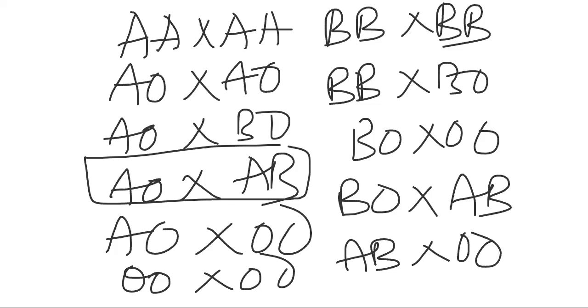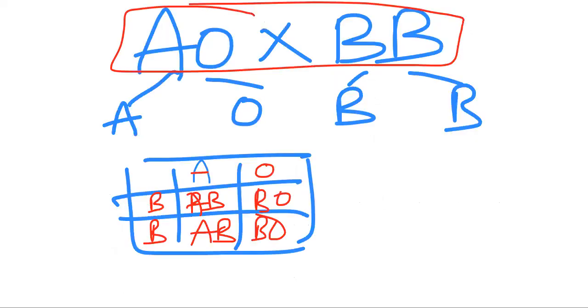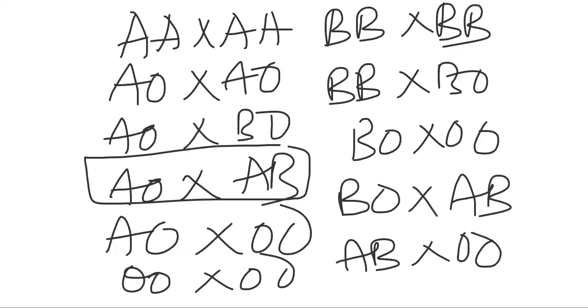You may do the table the first time when you are doing it. But after that, by looking at them, you just need to say immediately that I get A, I get AB. In this particular case, AO, 50% A will come, 50% B, 25% B will come, 25% AB will come. So you need to do rapid practice till you get to that stage. That's why, in blood group inheritance, we can't do anything.